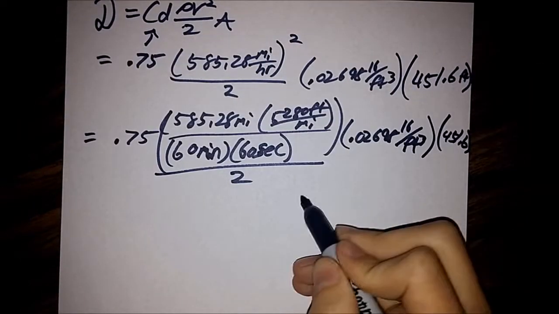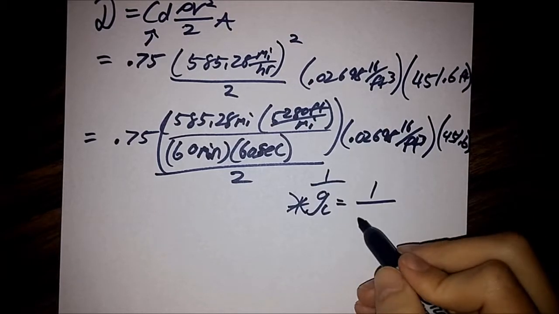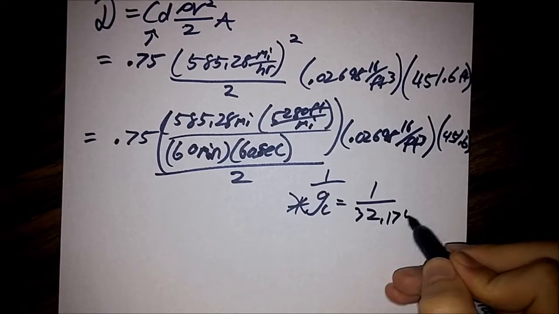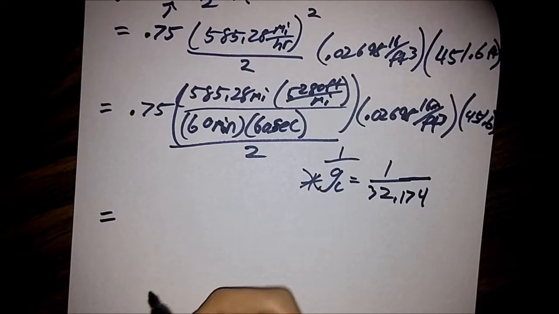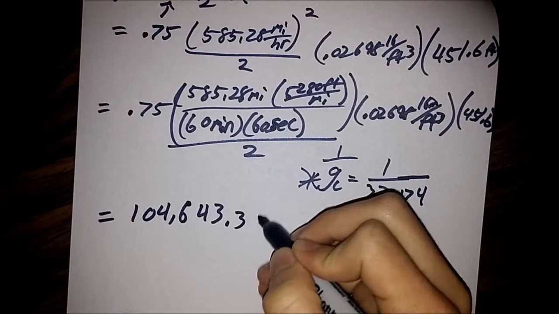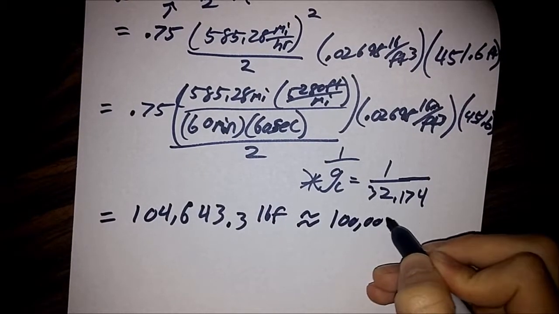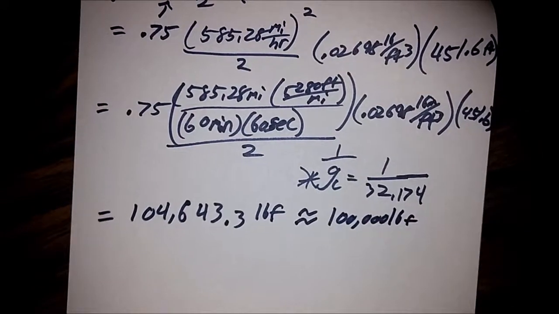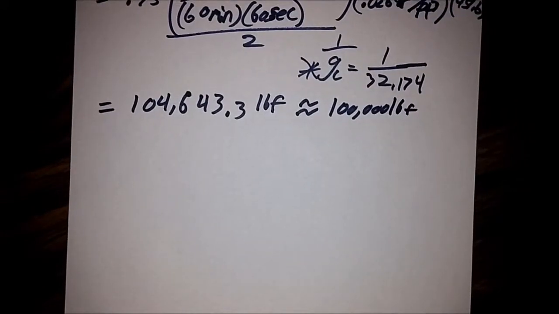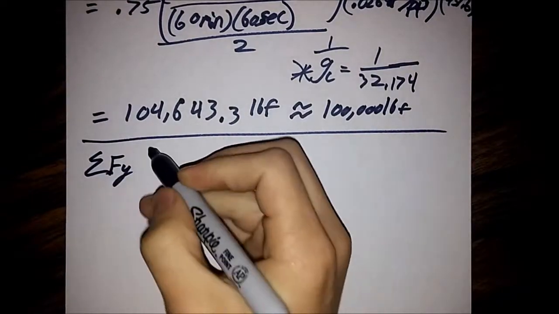We also need to multiply by our g sub c, which is equal to 1 over 32.174. When you calculate all of that out, it comes to 104,643.3 pound force, which is right around 100,000 pound force with our assumptions and everything else that we've butchered in here. So we can go ahead and get a summation of our forces in our y direction, which will be